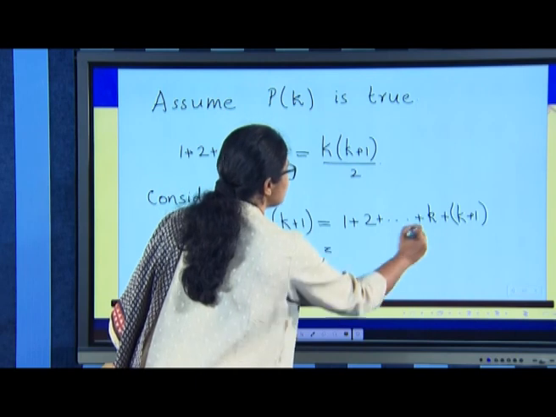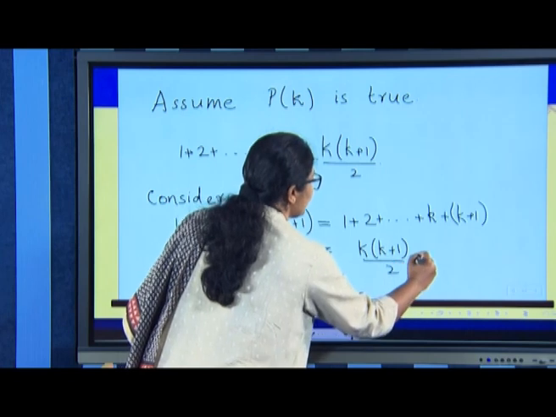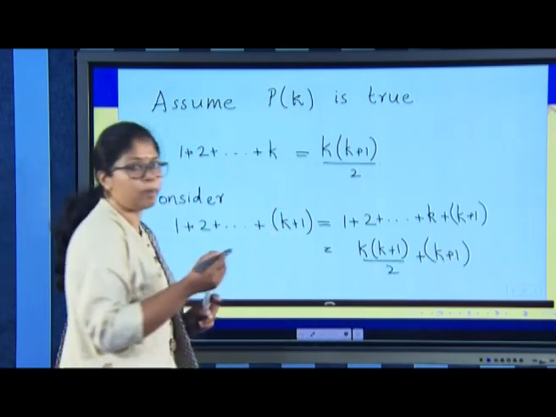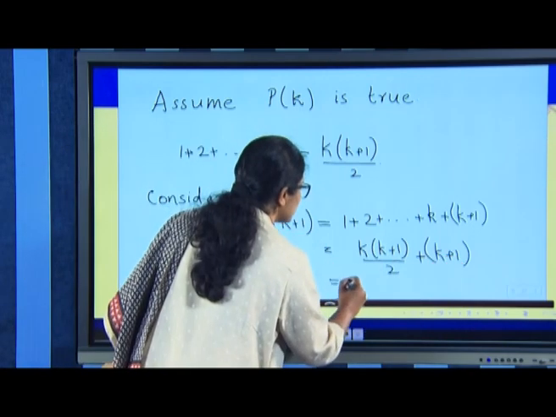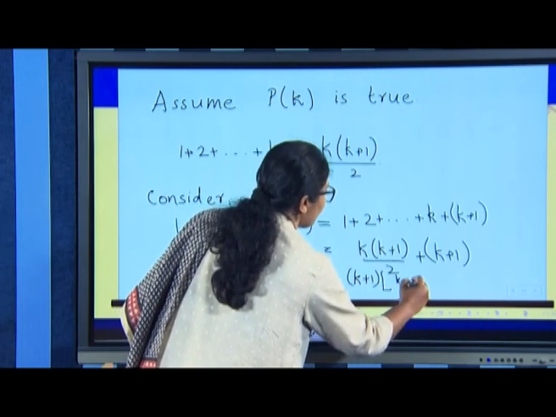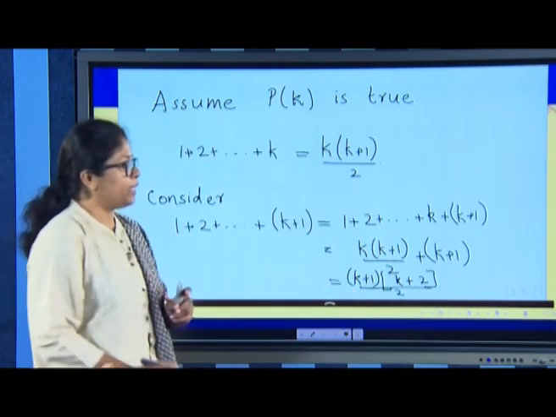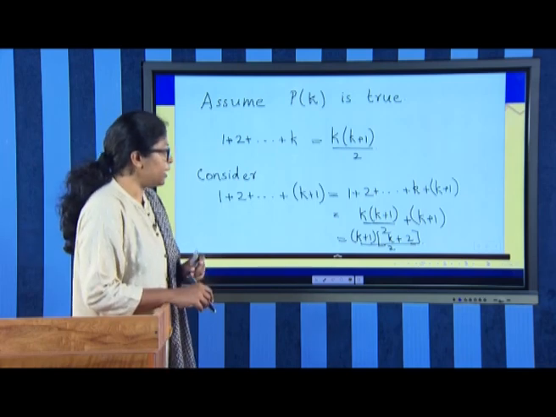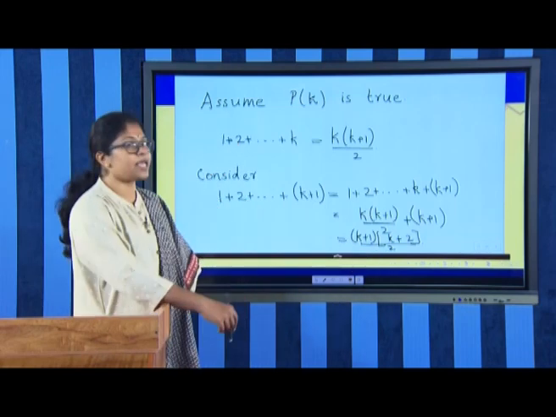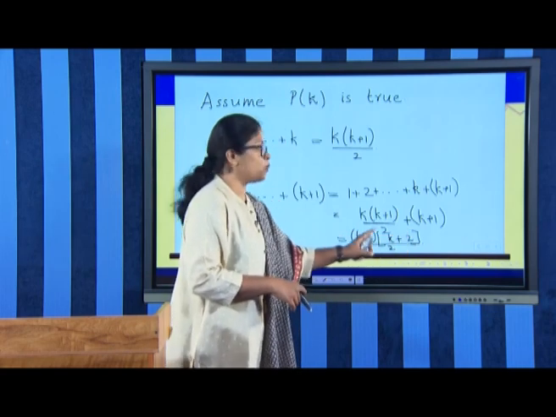So, we can replace this sum by k times k plus 1 upon 2 added with k plus 1, so that k plus 1 is common. We can take it outside, which is equal to k plus 1 into k plus 2 upon 2. That is, taking k plus 1 common outside and taking the LCM, you are having k plus 2 divided by 2. So, that is the same as k plus 1 into k plus 1 plus 1 upon 2,